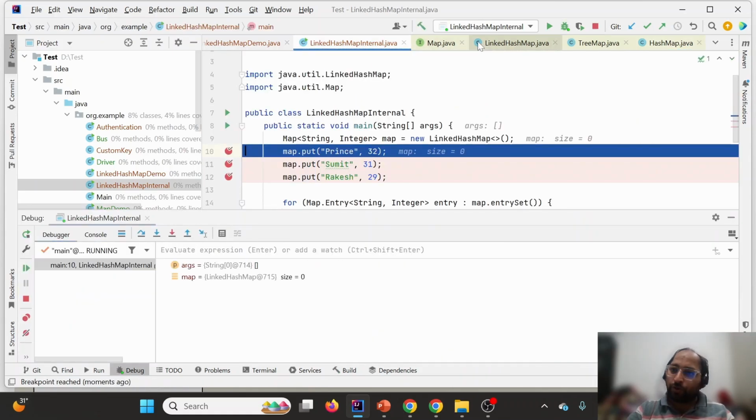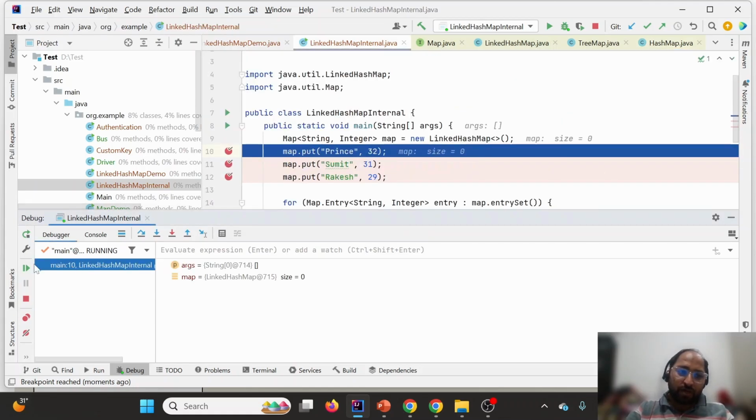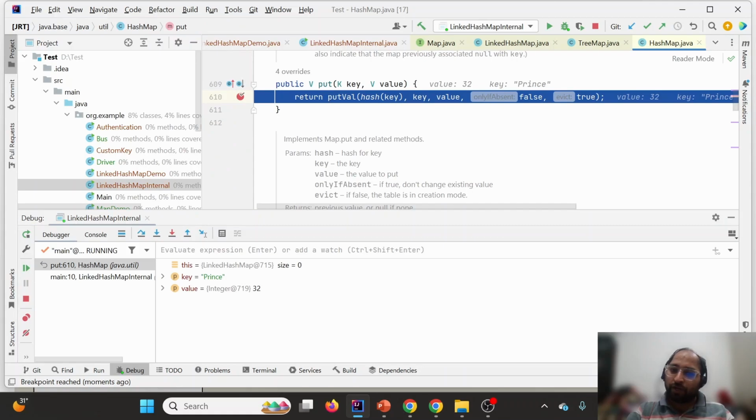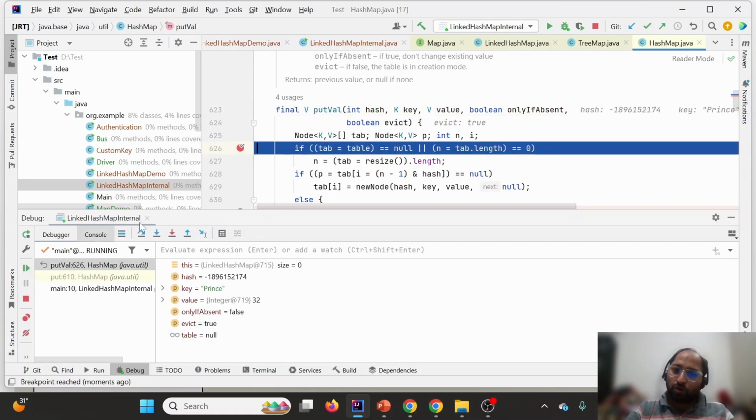Now I'm going to HashMap and putting the breakpoint here, so this is the method getting called. When I resume, this is where the control will go, and here the hash is getting generated, which we have already covered in the HashMap internal functionality. After the hash of the key is generated, we are calling the putVal method. So I'm now resuming, and the control will come here.